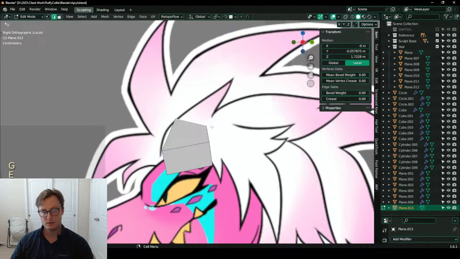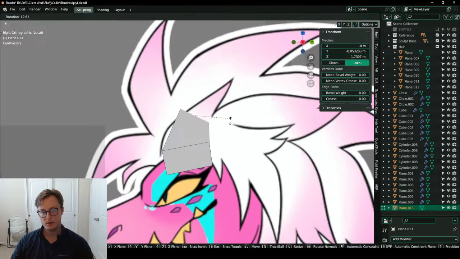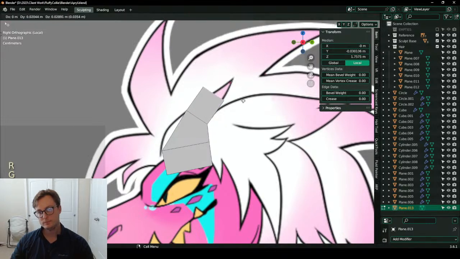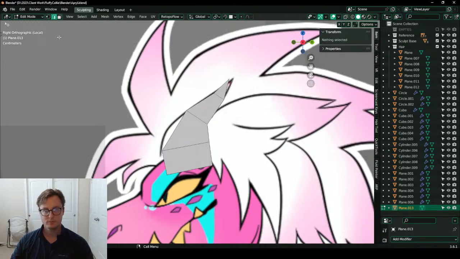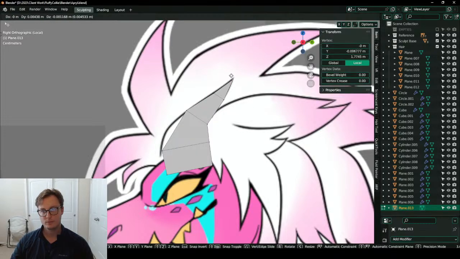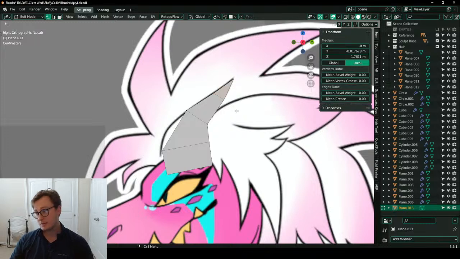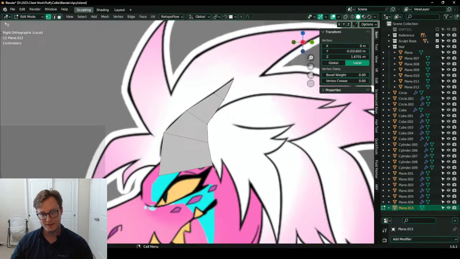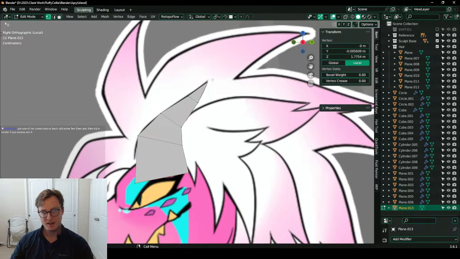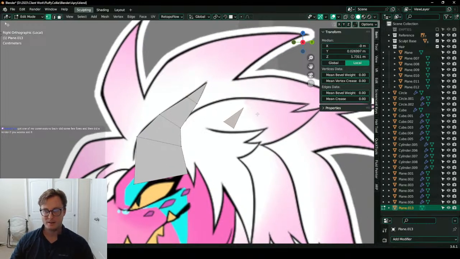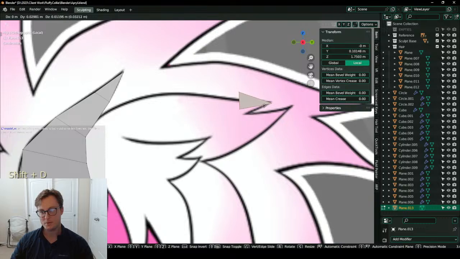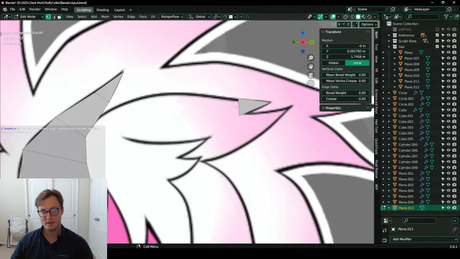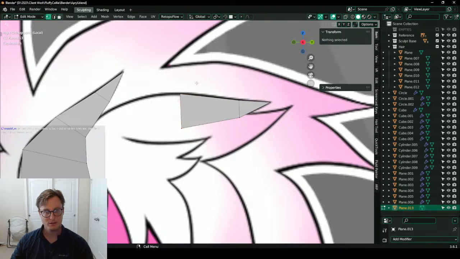All right, it's looking super good. This is my preferred method for making hair. I think it's a little bit weird, I guess. But I got so tired and fed up of working with Blender's hair curves that I've never looked back. I switched to this, and that was it.